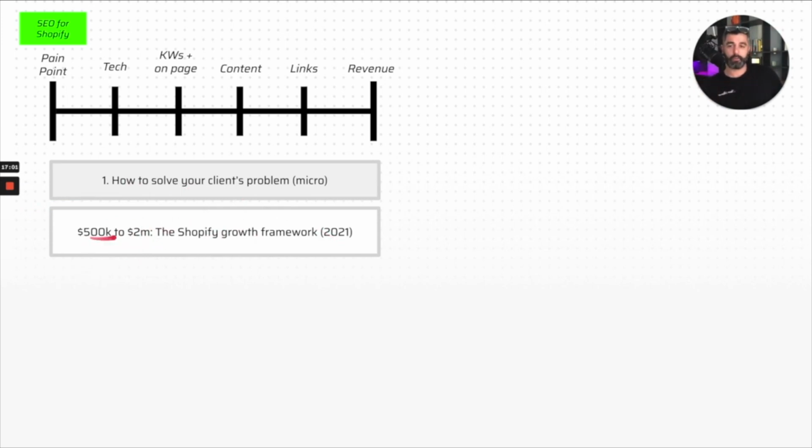So even more context for this. Again, we're getting specific here. You're targeting Shopify websites that are smaller, they're startups, they're just getting the ball rolling, and now they need help taking the next step. So what we want to help them do is go from 500 to 2 million, or whatever that number is. You're working with them, you know better than I do, by showing them the Shopify growth framework. And of course, you probably want to make this an organic growth framework. But either way, just getting them in with a growth framework and then convincing them that SEO is going to be the best way to go from 500 to 2 million, and then showing them how SEO can help them do that.